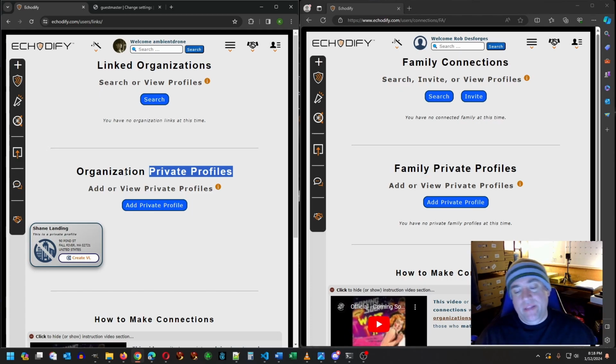And the reason behind that is when you're dealing with an individual, a family or a friend, you can connect with them. It's a two-way process. And you saw that where I sent Rob DeForge a connection request and he had to accept it, and now we're connected. But an organization, they don't really have to accept you linking to them in order for you then to include them as a recipient, because they're like an organization. It's kind of automatic. You can link to an organization based upon your own free will. And that's why we call them links